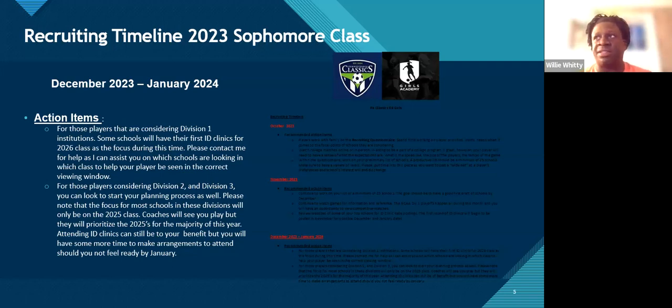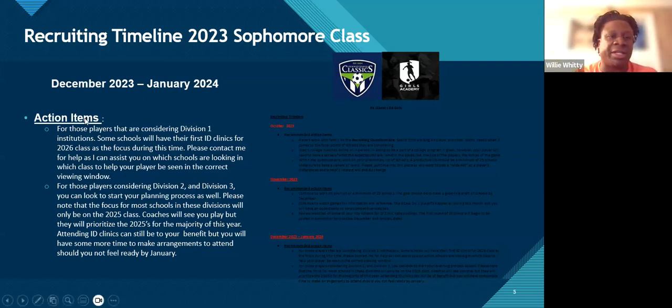So if you have intentions, you've talked to me, I think that's a good fit, and you want to be seen by those schools, you want to do it between December and probably April to get into their first window. Doesn't mean you won't get in. It's the best place to do it. If you're not ready, you want to beat down that door when they open their next window of recruiting, which will be from April to June. But I will walk you through that in all the meetings.